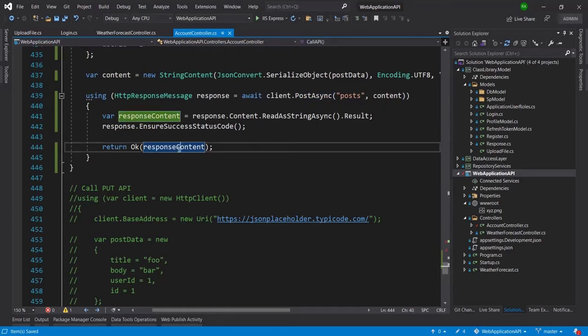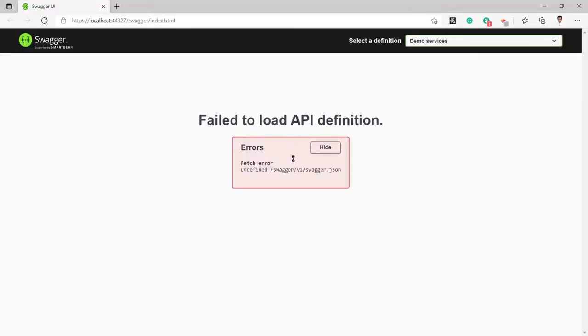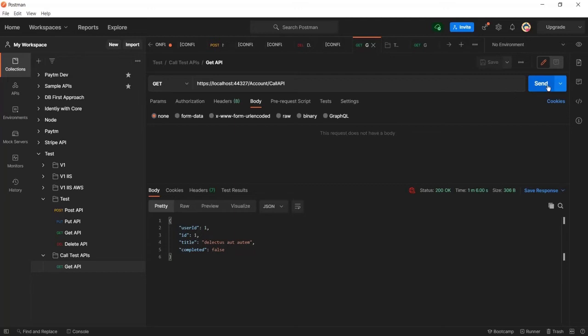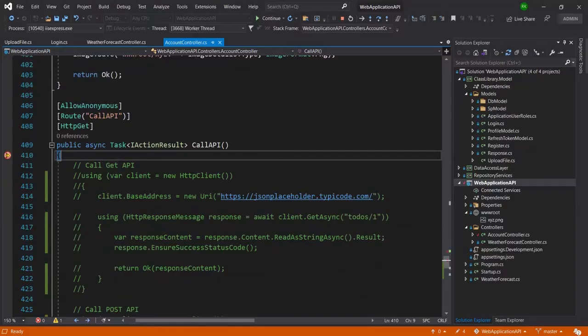and then I am again returning the same response. So let me run this again. Now you can see once again our project is running. Now I will go to Postman, and here I will call this get API, and once I click on send, the control has come to the breakpoint, and I will press F10.